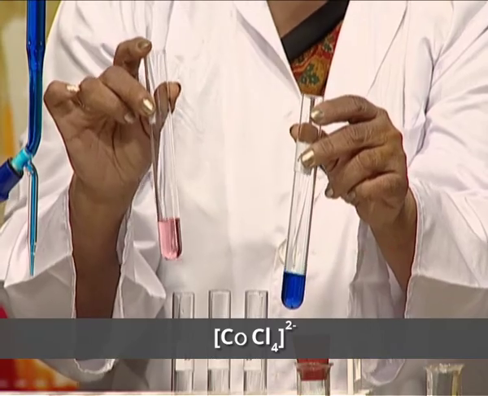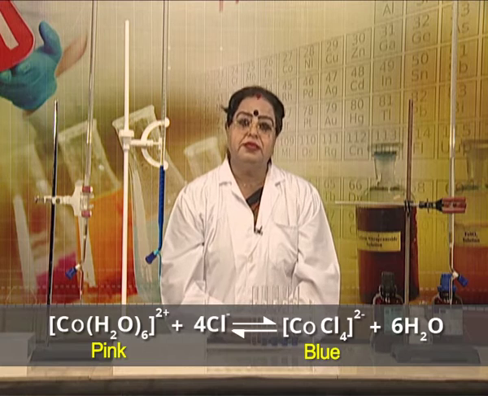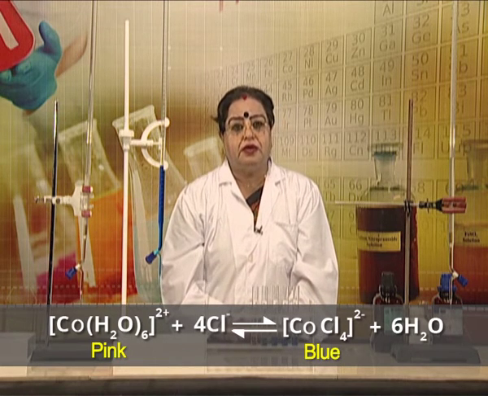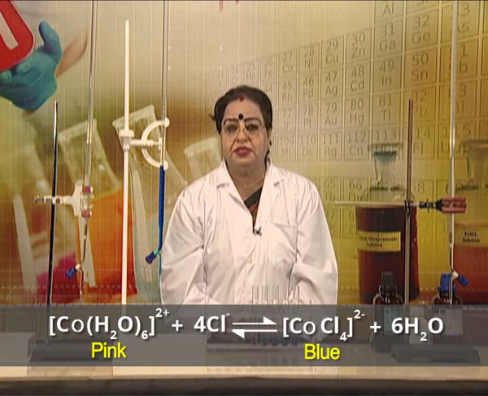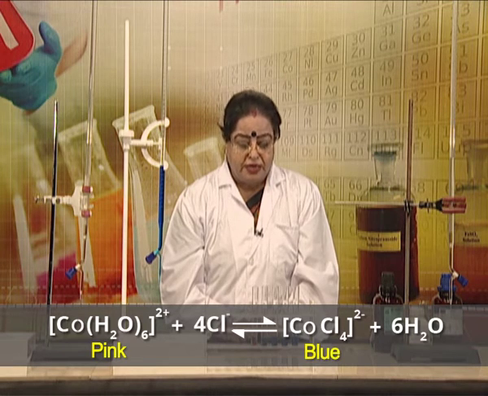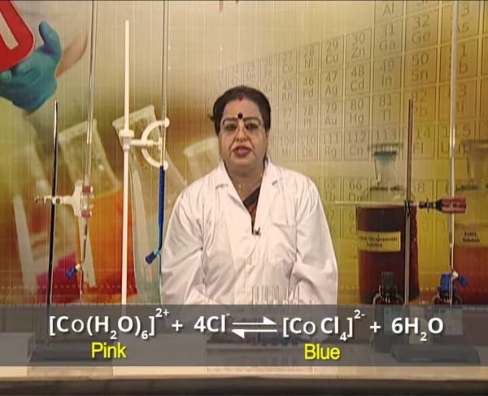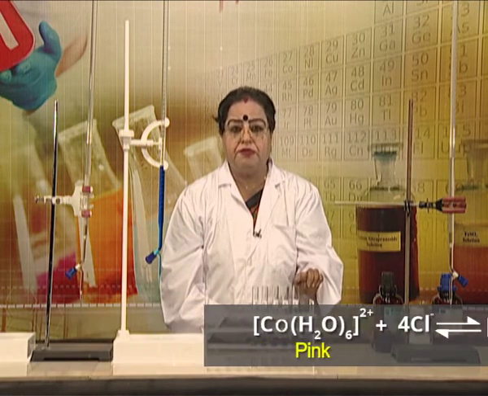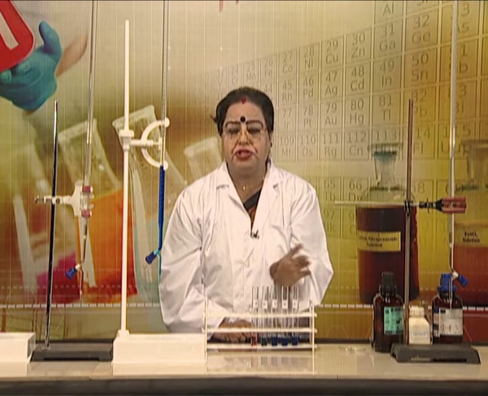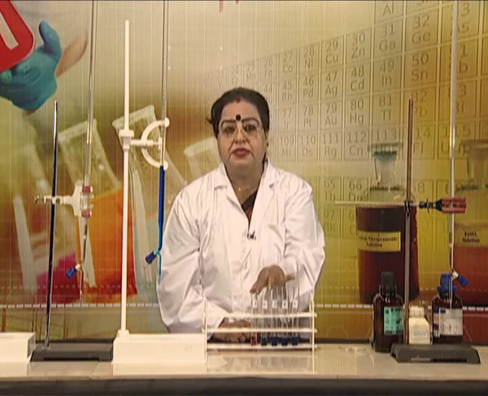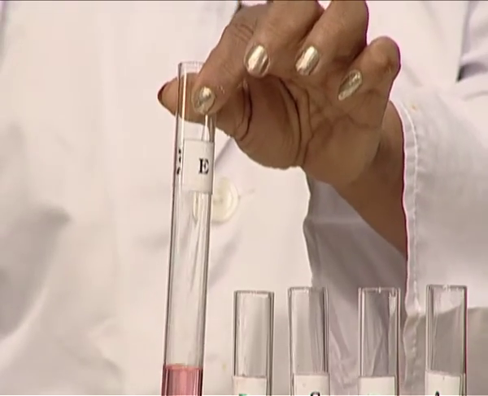So why has it all happened? What have we done? Can you think of any reason for this? Since we have added different concentrations of one reactant, that means we have varied the concentration. That was our motive to study, and we wanted to study what has happened to the equilibrium, which side the reaction has shifted. We started from this end, and as we added water, the reactant has pushed the reaction to the other side to give us this Co(H2O)6 2+ ion in aqueous medium, which is pink in color.